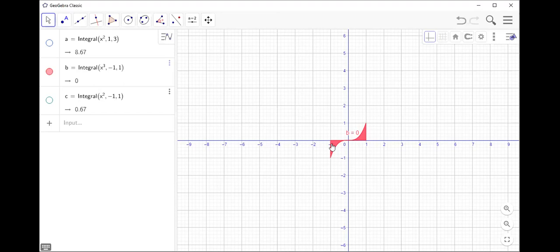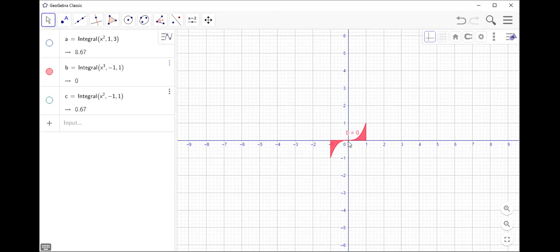These two parts are of equal area. One is in the positive direction, the other one is in the negative direction. But area cannot be negative, that we know. So if we take the area of this portion and multiply by 2, we can get the area of the whole region. That we will discuss while studying the topic. I just want to show the area of the region bounded by the curve within particular limits, how a definite integral looks like.